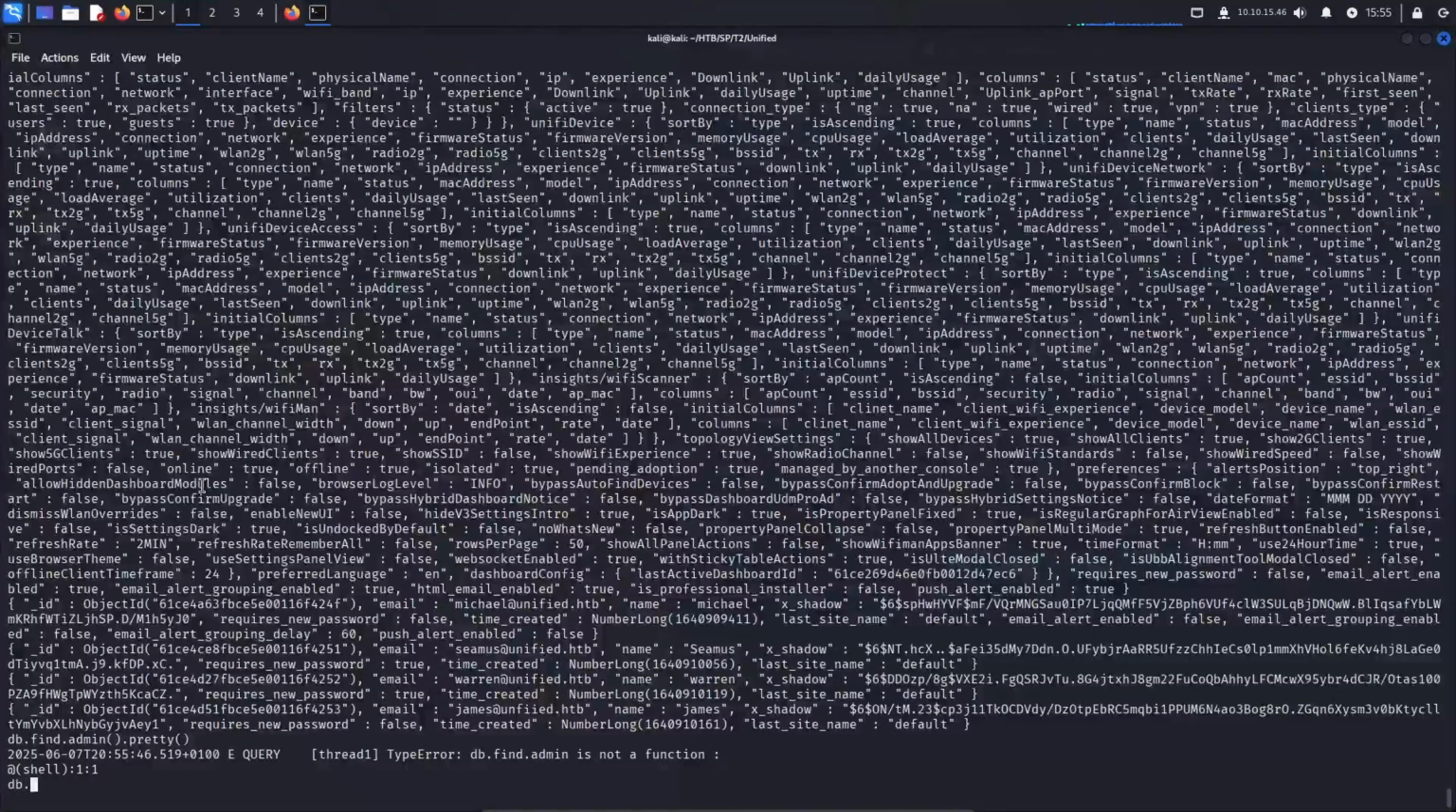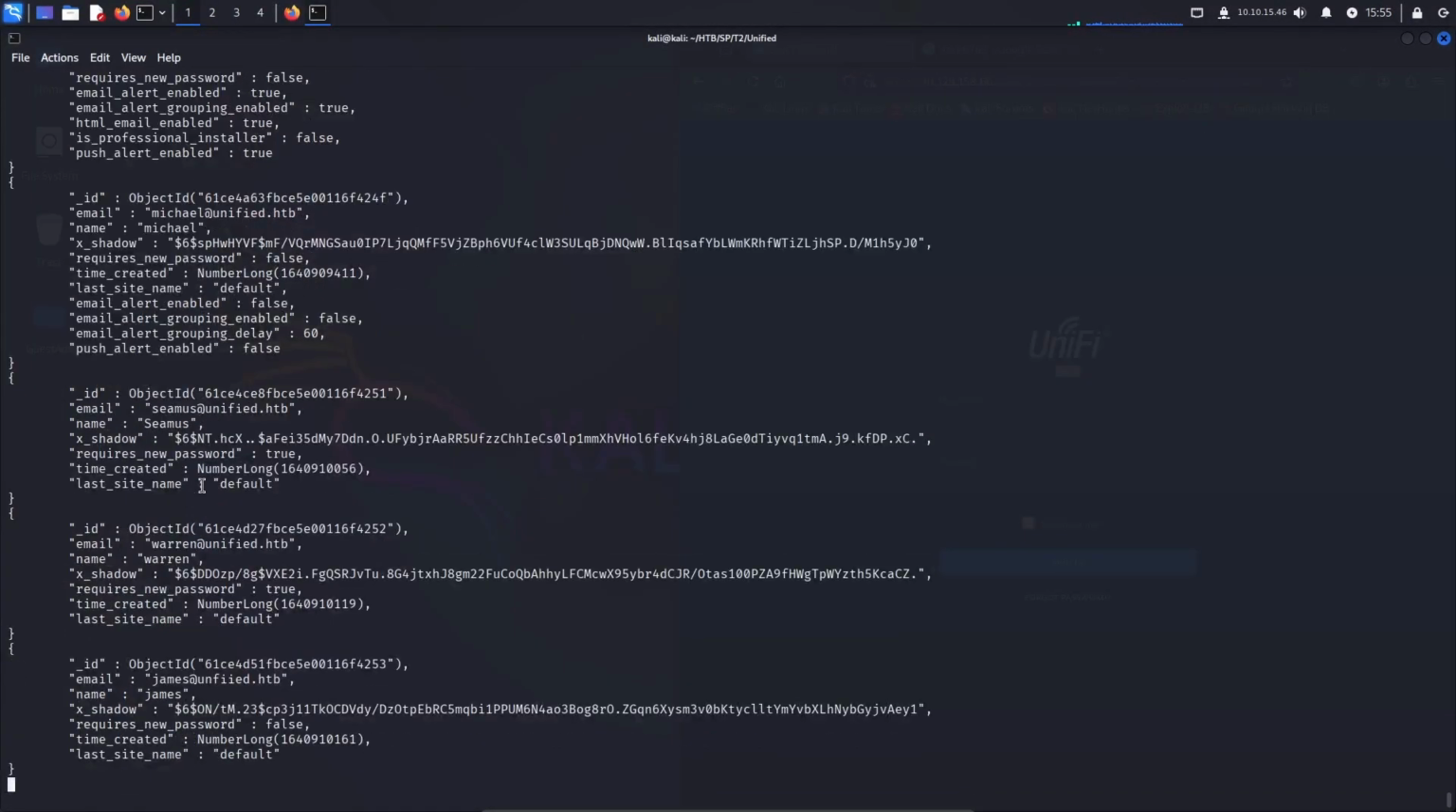Oops, other way around. db.admin.find().pretty(). And there we go. So it prints it out in nice JSON. And as you can see, right away we have admin hashes, or maybe not admin hashes, but these are user hashes. So we have James, Warren, Seamus, Michael,